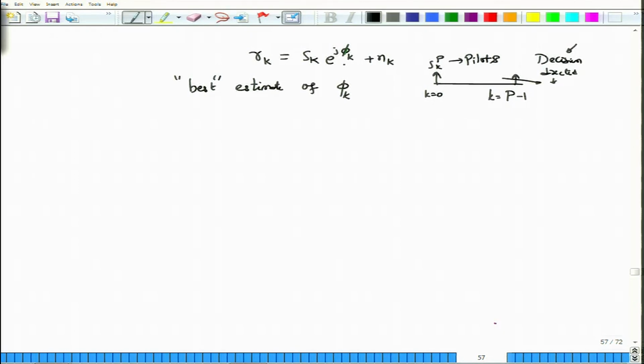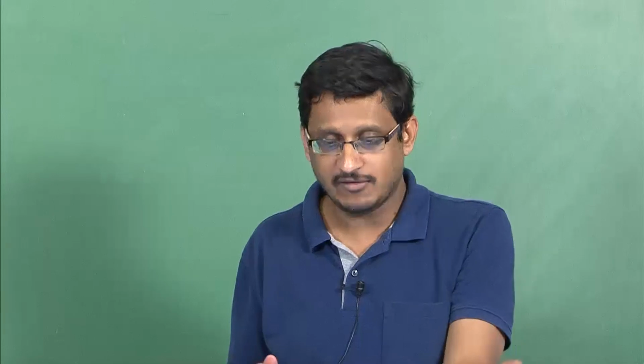One of the standard ways of doing this estimation is to perform what is called maximum a posteriori estimation. I do have some initial knowledge of the phase. If I do not have any knowledge, I can always think of this phase as a random variable between 0 and 2 pi, which means it has a uniform distribution, 1 by 2 pi. This distribution that the receiver knows is called a prior distribution, because before receiving any samples, this is all the information that I can have about the phase phi k. That is why this is called prior information.